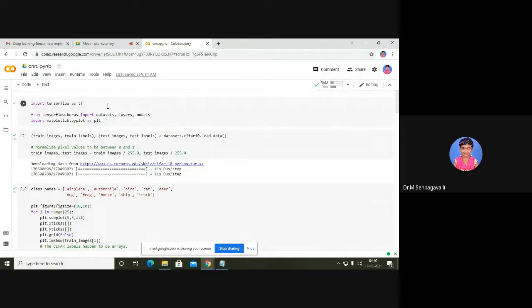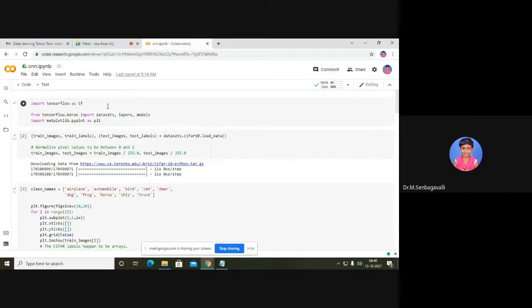Before starting the title, I wanted to give you some overview of this particular concept. When you talk about a neural network, it will have some layers. One layer is called the convolutional layer. This convolutional neural network consists of a convolutional layer, a pooling layer, and at last a dense layer. If you want, you can note it down, because in between we'll be discussing these concepts while seeing the demonstration.